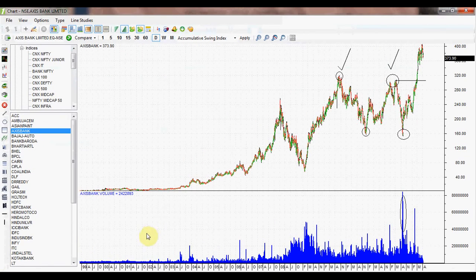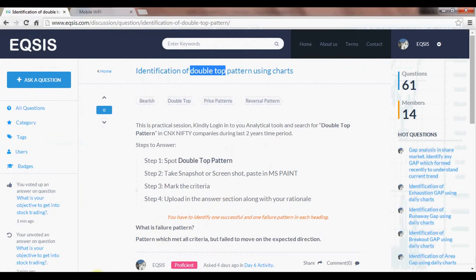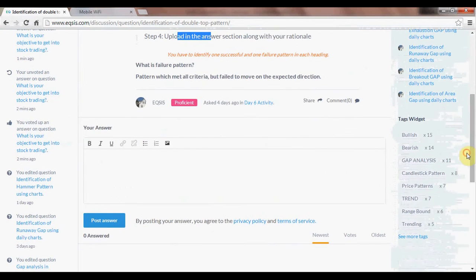So now what you have to do is go to your question. The snapshot has been taken and the criteria are marked. Upload the same in the answer section along with the rationale. Here you have to write what the criteria are, what the existing trend is, and what the future trend is